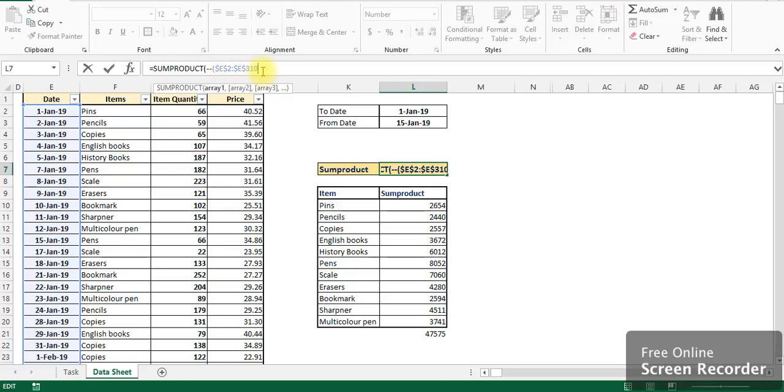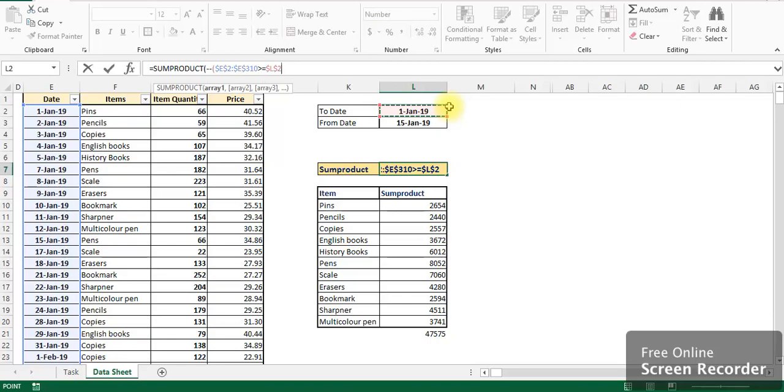and then I will be using the date conditions. I just want to say that I want to see the data from this from date, including this date or above this date. So I will be using greater than or equal to, and I will be fixing L2 also. So it will be fixed L2.